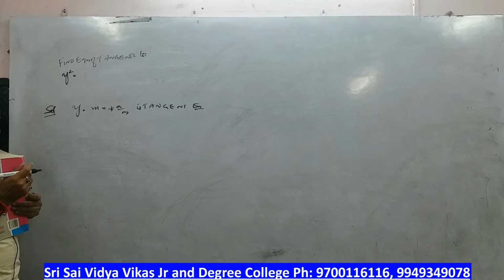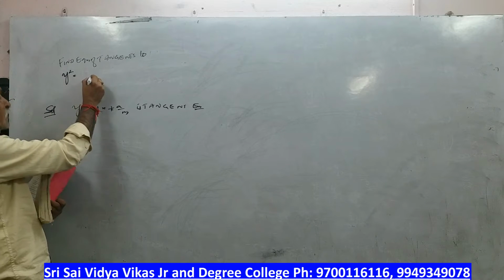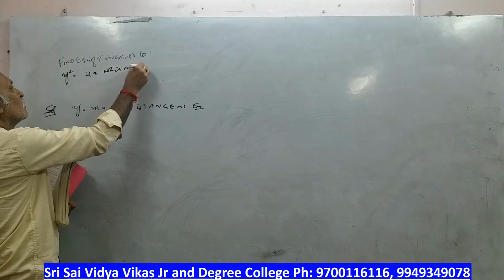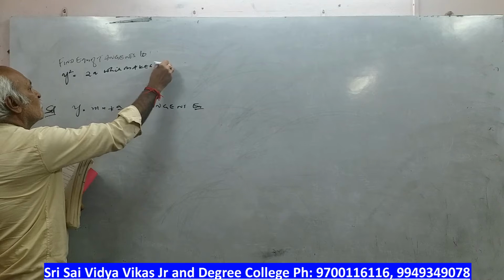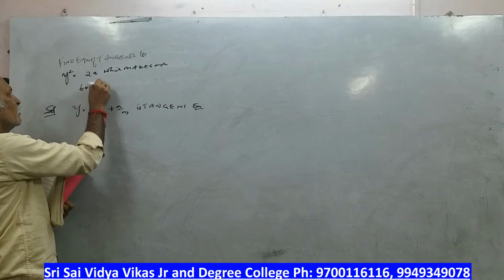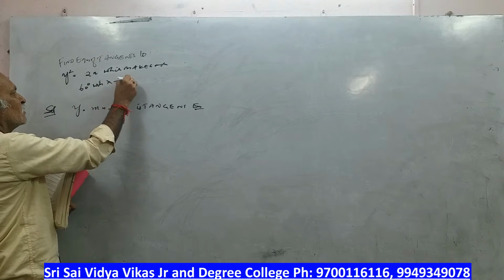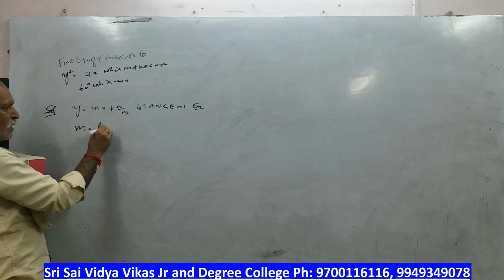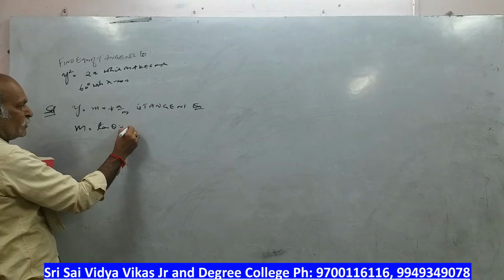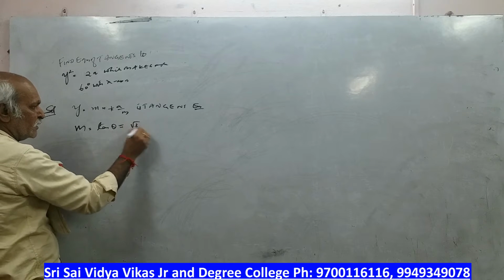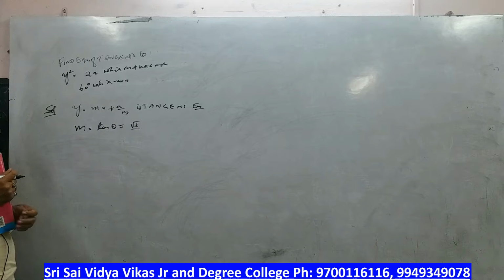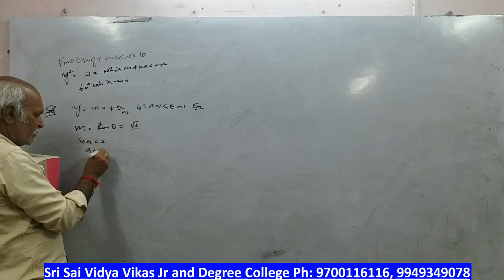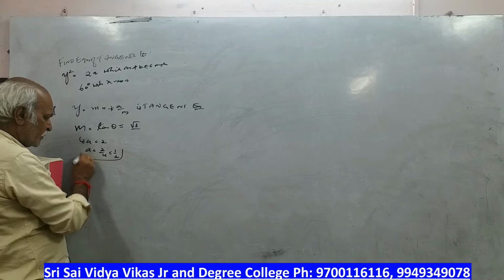Okay, please note on it. Find the equation of tangents to the parabola y square is equal to 2x, which makes angle 60 degrees with x-axis. Again equation of tangent same here. What is the m formula? Tan theta. Theta value how much is it? 60. So it becomes root 3. What is the m value? Tan theta, which is root 3. And what is the a value? 4a is equal to 2. A is equal to 2 by 4, 1 by 2.